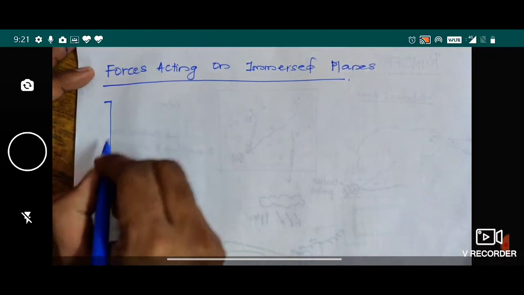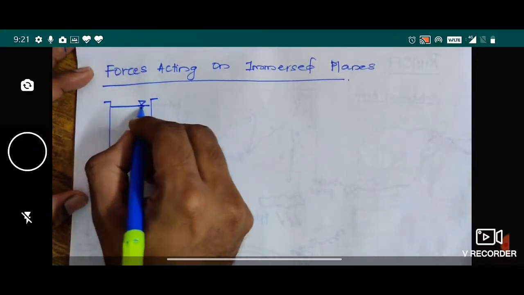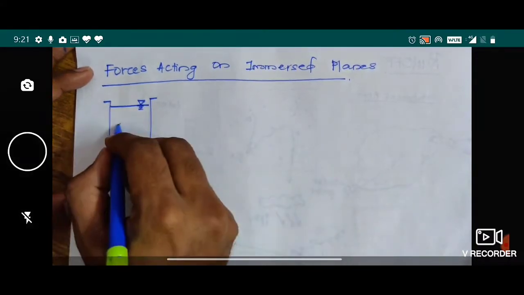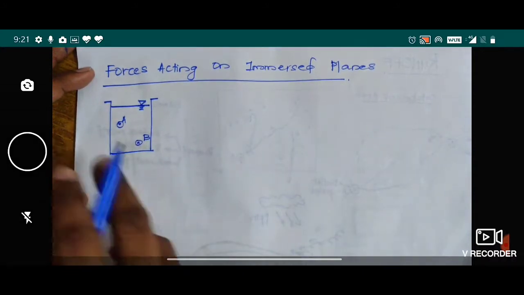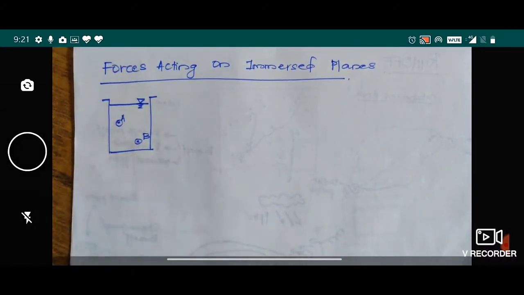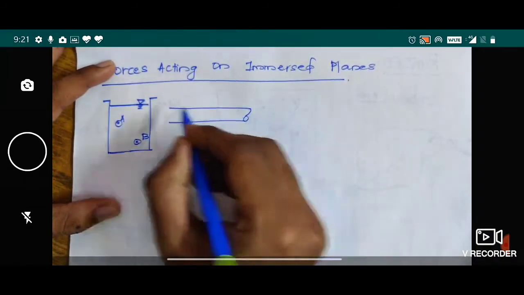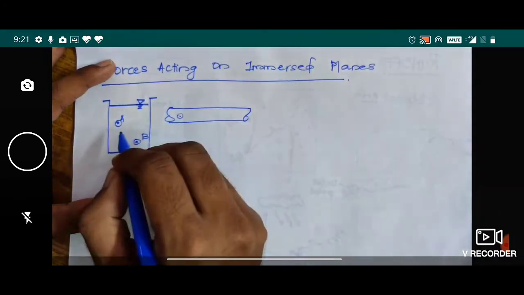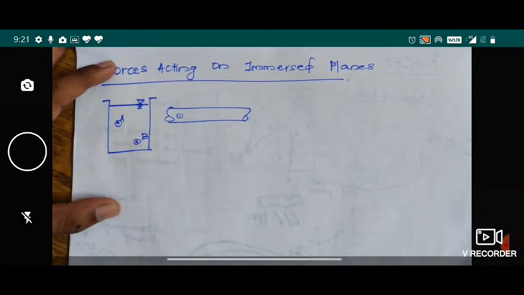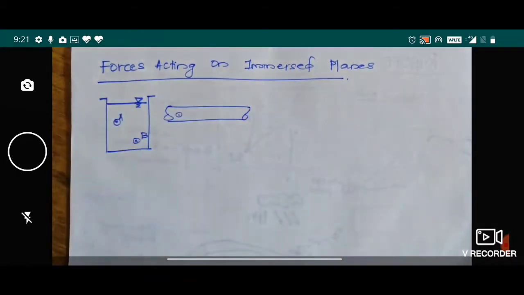Say for example, if you have a container filled with a particular liquid, and you take different points, point A and point B, the pressure acting at A and B is different, so you need to measure the pressure. Similarly, if you have a pipe conveying some liquid, you can use instruments like manometers or even piezometers to measure the pressure at some point. There are even different types of manometers. So you have learned how to measure this.